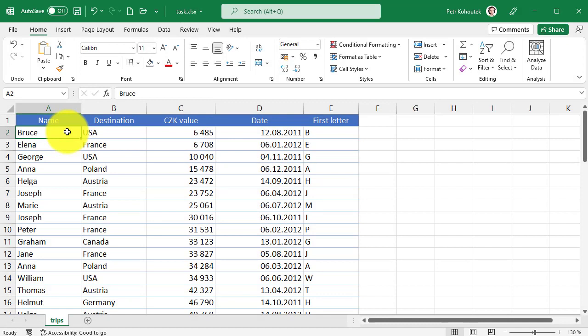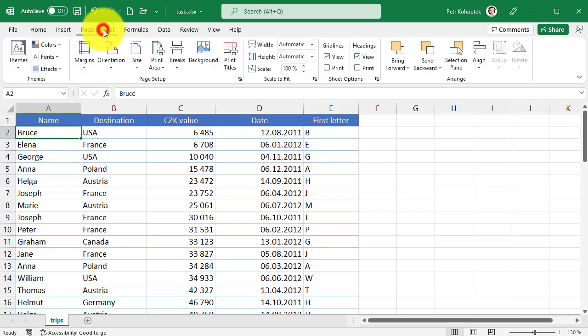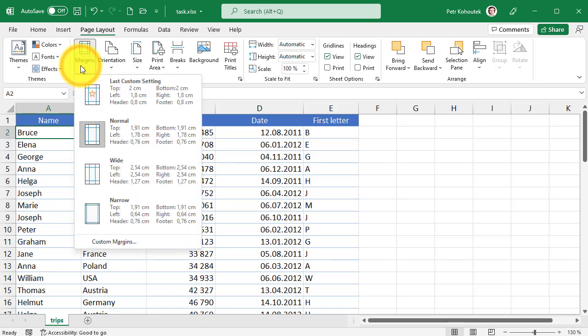If you are going to print the spreadsheet, you will definitely use the page layout settings, which are located on the Page Layout tab. Here we go through a few icons in the Page Setup group or Scale to Fit. The first thing that can be set is the page margins. Here you can choose either from the predefined ones or you can set up your own, but we will get